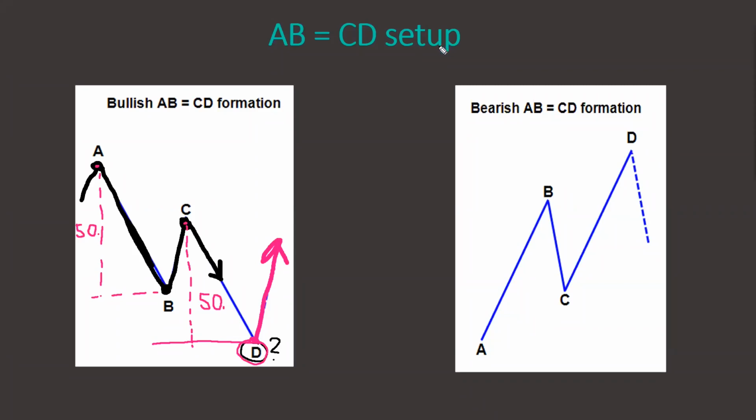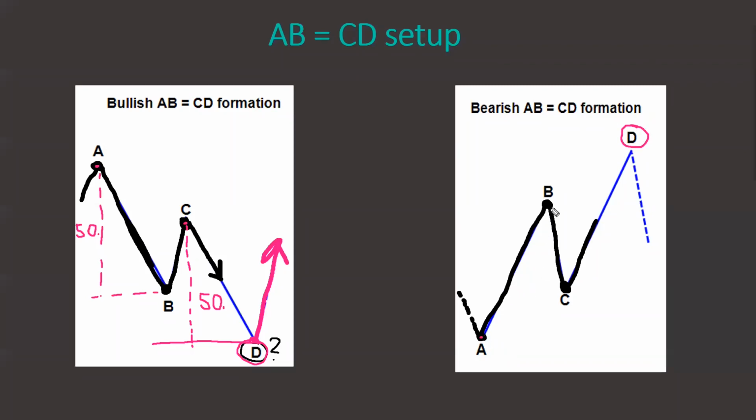Now, the bearish scenario, the short trade scenario, is the same, only reverse as the bullish scenario, but I'm going to go over it again, so it's clear enough. So again, what you want to see is a swing point A, and then you want to see the price rise to a swing point B, then a little pullback to another swing point C, and then the price needs to start rising. At this point, you want to start looking for the D.